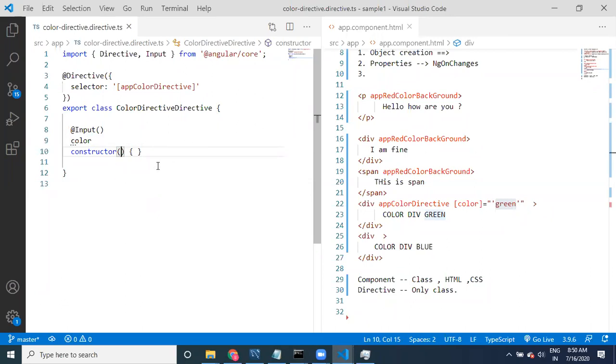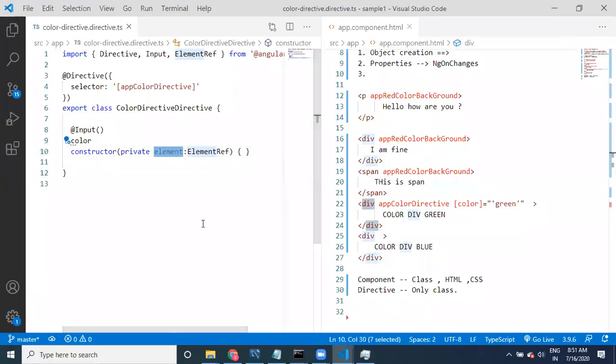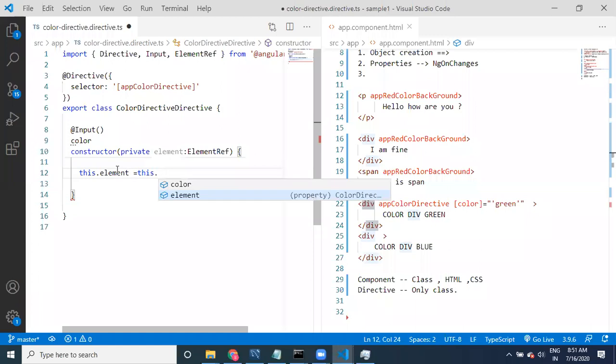Okay, so now here I'm going to use a private element ref. So this element reference, this is the element. We are going to get this element reference and provide the element reference to it. This particular element ref, this dot element ref. Let us look at it. Element ref equal to, I'm going to provide this dot element ref dot native element dot